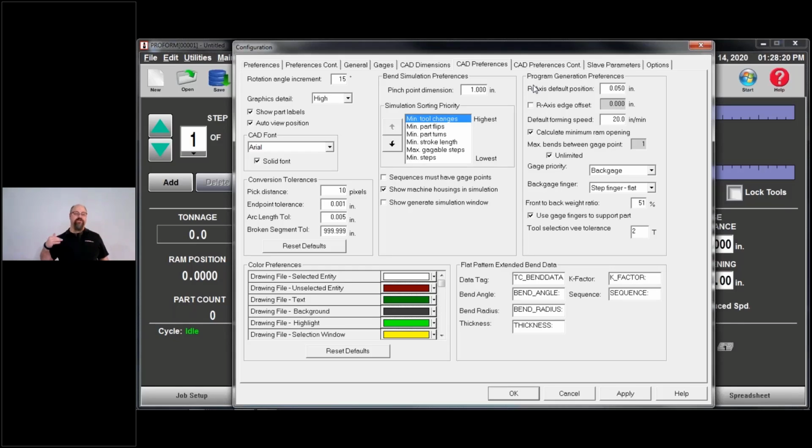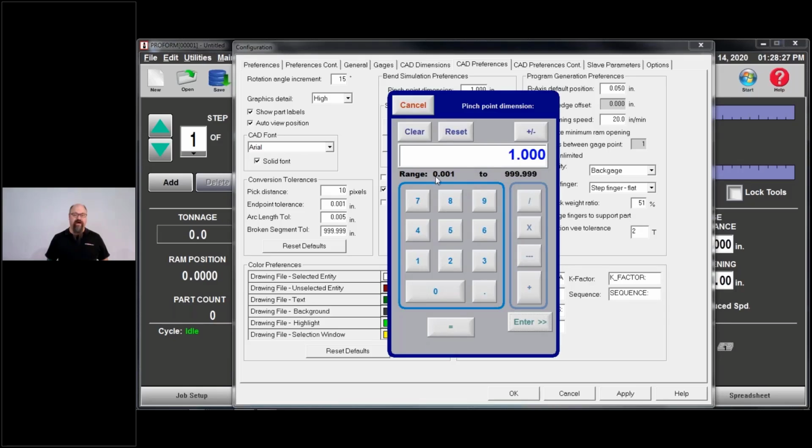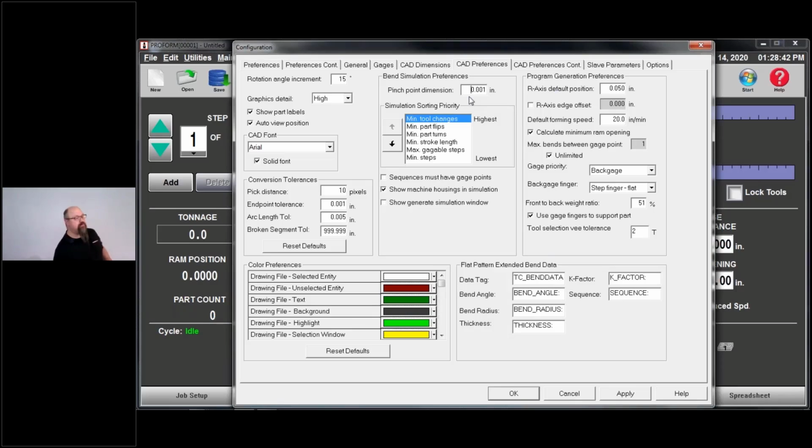So for the purposes of programming, I am going to set that pinch point to its minimum value. If you look at this, you can see I have a range of 0.001 to infinity, basically. I'm going to set this value to 0.001 so that I can have the maximum possible simulations.